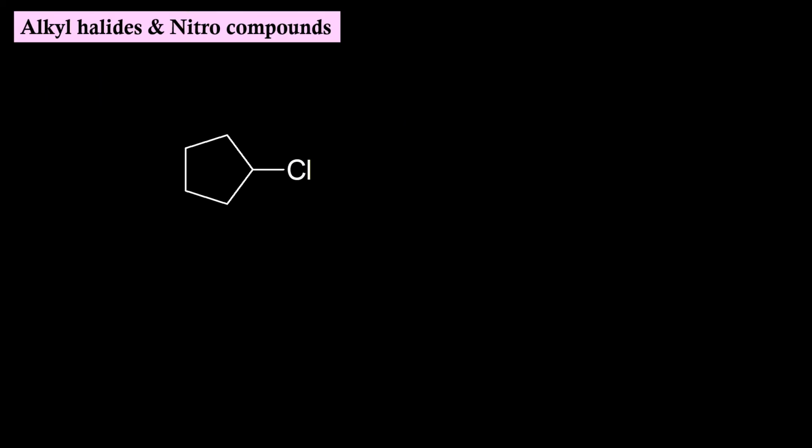With the cyclic molecule, numbering starts from the place where substituent is present, that is this position. If I start numbering 1, 2, 3, 4, 5, secondary prefix will be 1-chloro or simply chloro. Primary prefix will be cyclo, root word is pent, primary suffix is ane. So the IUPAC name will be 1-chlorocyclopentane or simply chlorocyclopentane.